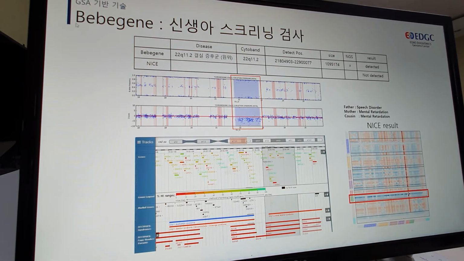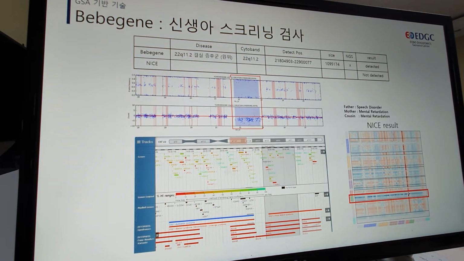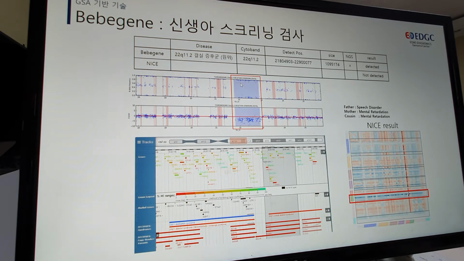So, for example, the product name is Babygene. This is a newborn screening service. So we can find if a newborn baby has some potential inherited disease or not. So you can see in this part of chromosome 22, each normal person has two strands of chromosome, one from the father and the other from the mother. Yeah. So if someone has two strands as normal,